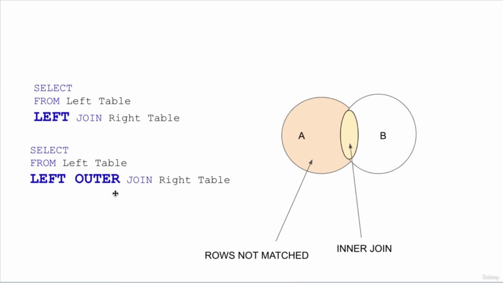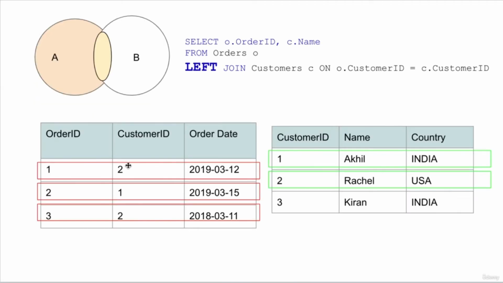Let's understand left join with an example. Consider we have two tables, orders table on the left with order ID, customer ID and order date, and customers table on the right with columns customer ID, name, country. Now you need to extract for each order the name of the customer. So based on the definition of left join, we just select all the rows that satisfy a matching condition. So here the matching condition is the customer ID,